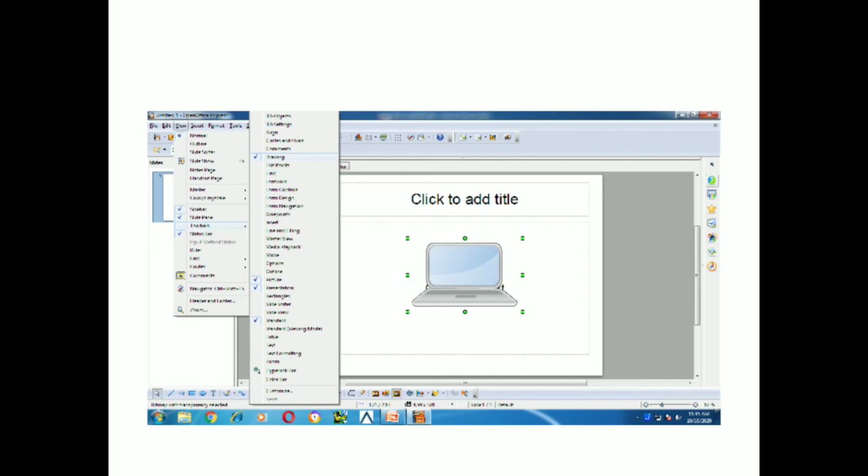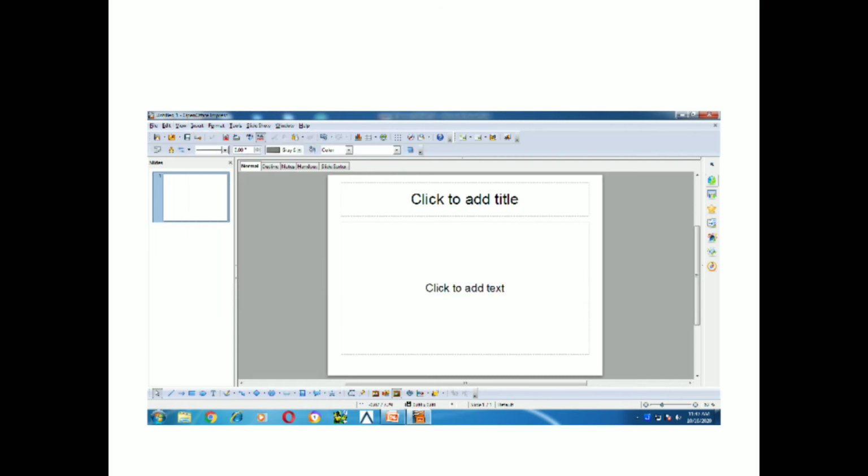Once I have selected the drawing option, see at the bottom you all are able to see a few icons like a small arrow button, a slash, again a right arrow, and a text symbol which is displayed as T. Okay, I hope you all are able to see, children, immediately below the presentation screen. Okay, next.